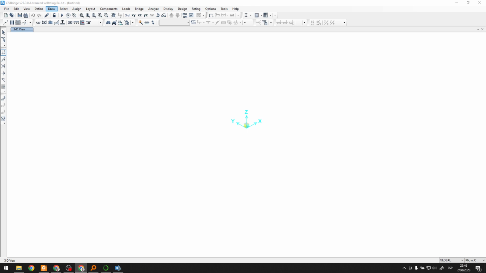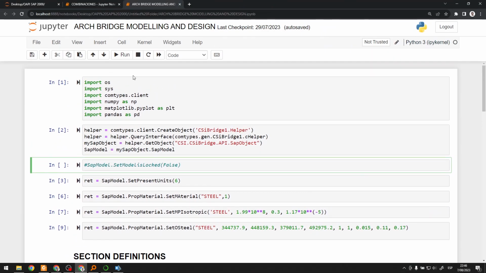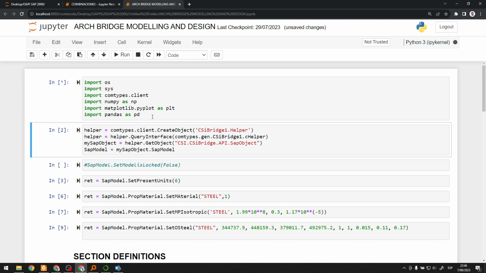And I'm going to use Jupyter. And to connect, we only need to use these codes, and we import OS, we import sys and comtypes. And to define the bridge, I'm going to need NumPy, matplotlib, and pandas. All this I'm going to copy on the commentaries. And I'm going to run this alt,